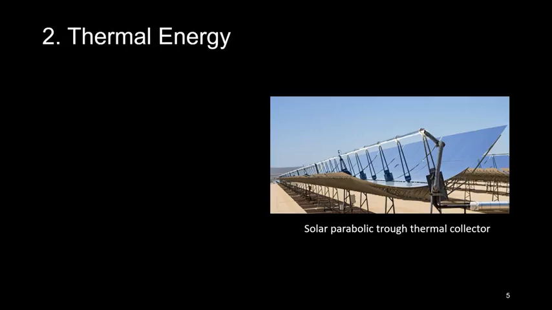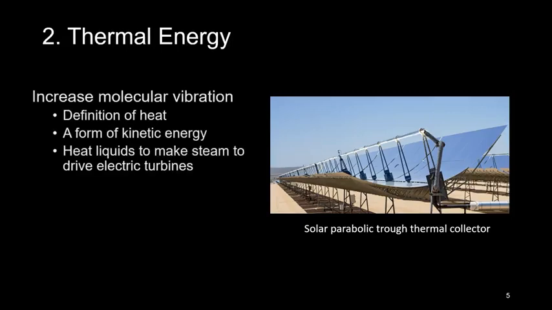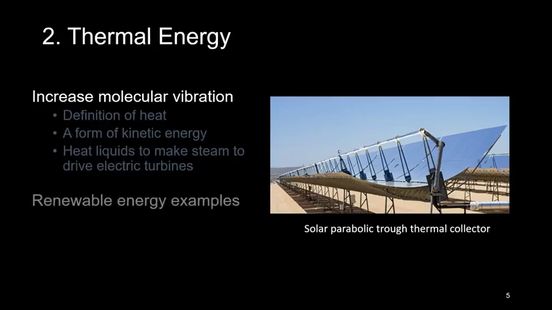A second way to create renewable electricity is with thermal energy or heat. To do this, we increase the intensity of molecular vibration of fluids, which is a form of kinetic energy. In practice, we do this by heating liquids to make steam to drive electric generators. Renewable energy examples include geothermal sources, where we use naturally occurring hot water and steam from vents in the earth,